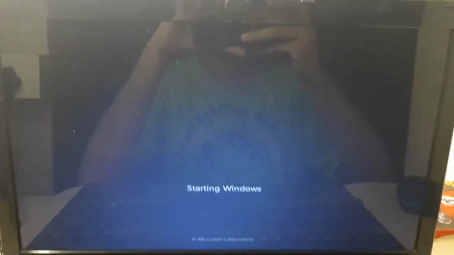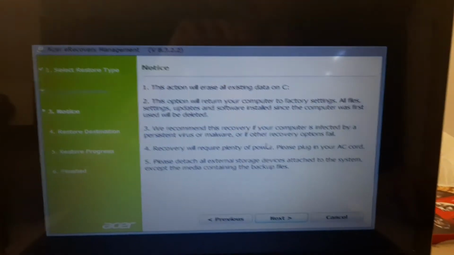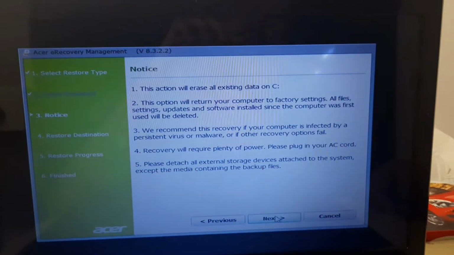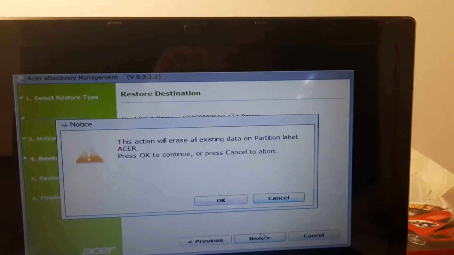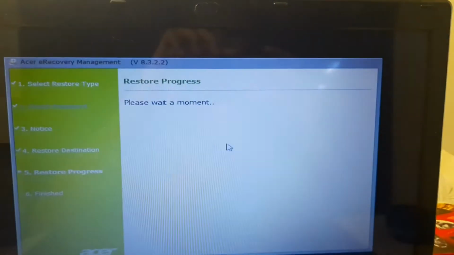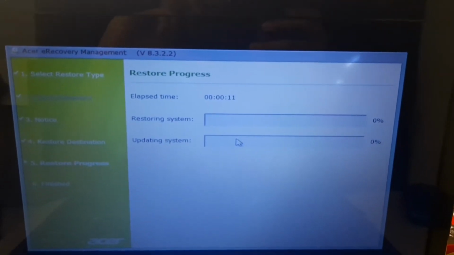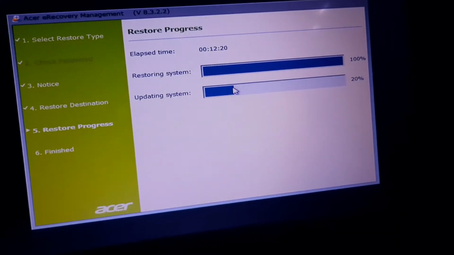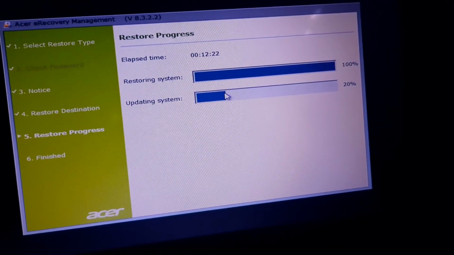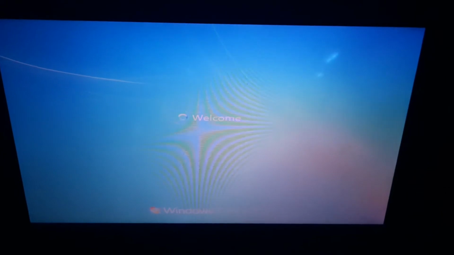Now you can see that it is coming to this screen, Windows loading files, and it will basically take us to the section where we have to confirm that we want to format and erase our entire hard disk. As you can see, it's showing us some progress, and we're almost halfway done, and this entire process took about 1 hour, so it's fine.